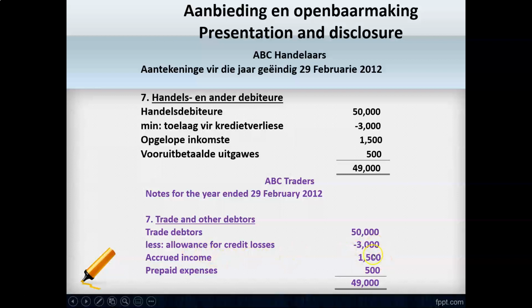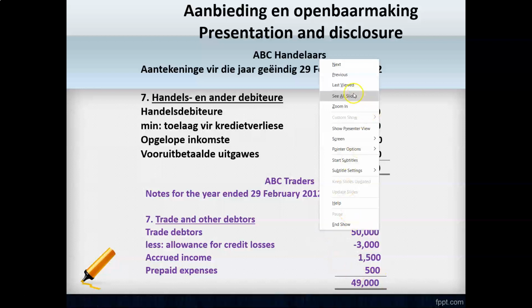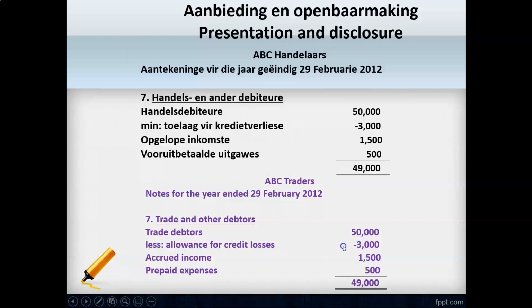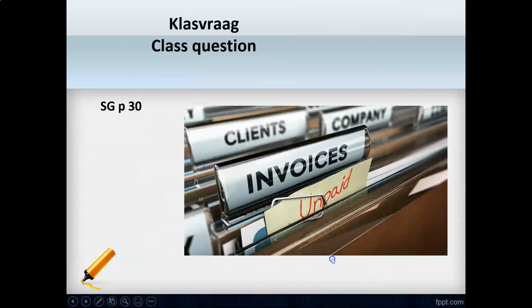Net trade debtors 47,000. And then I'm going to add all the other stuff. Accrued income 1,500 Rand. Prepaid expenses 500 Rand. In total 49,000. And then that total balances back to this total here. Only one line item on the face of my statement of financial position. 49,000 Rand the total there. Okay, and then we will do the class question in a next